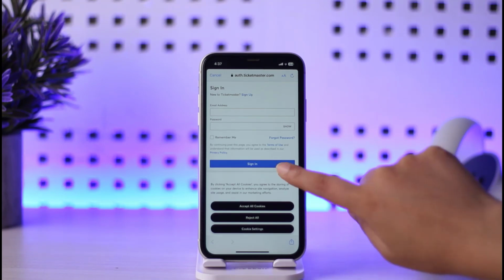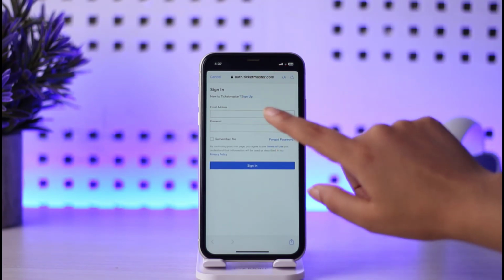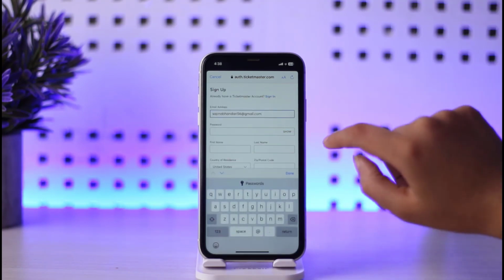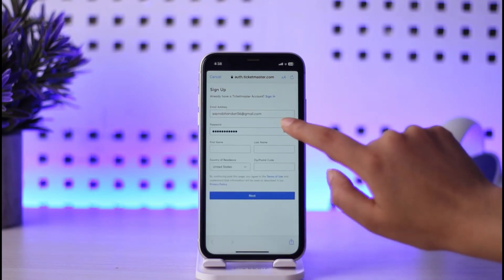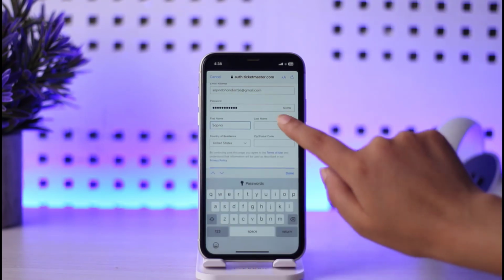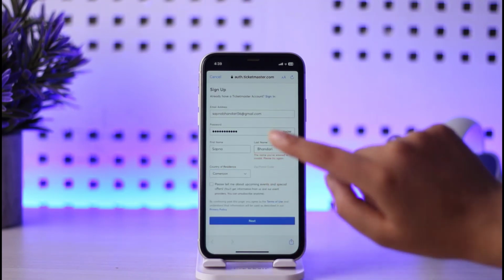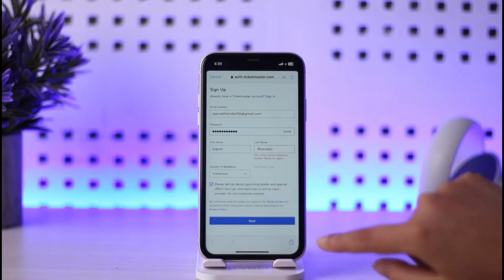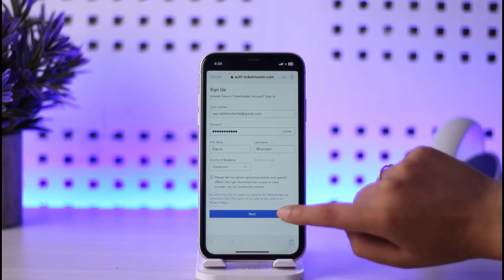So for that purpose, what you can do is simply go ahead, and then you will find the sign up option right beside sign in. Go ahead, tap on that option, and now here you will enter your email address. Once you add in your Gmail, simply go ahead, enter a password, and once you're done, make sure to complete the rules of the password as well. Enter your first name, enter last, and you will choose your country from over here, and you will add the zip or postal code of your country. And now you will tap on this, please tell me about upcoming events. If you want, if you don't want, you can simply go ahead, leave that off. Once you do that, simply go ahead, tap on this next option,